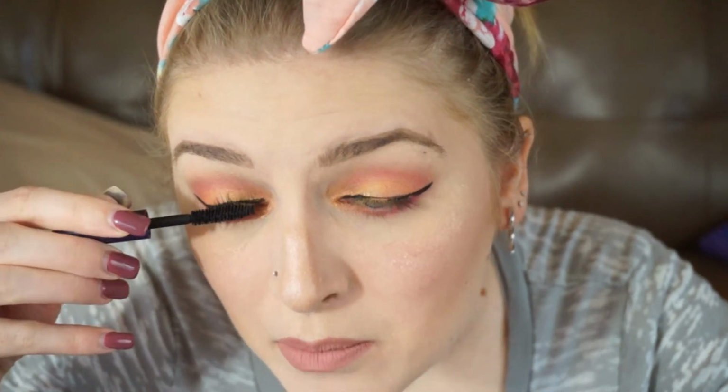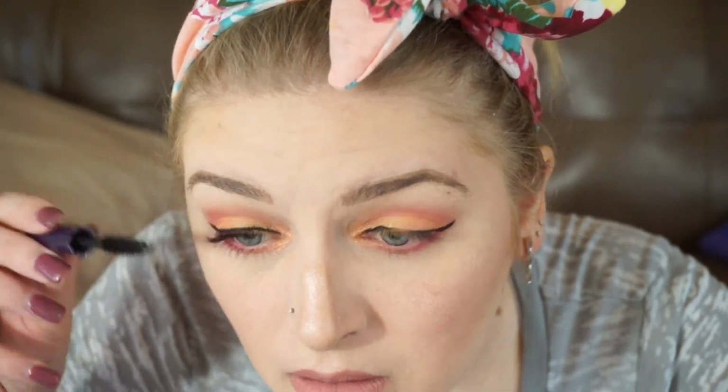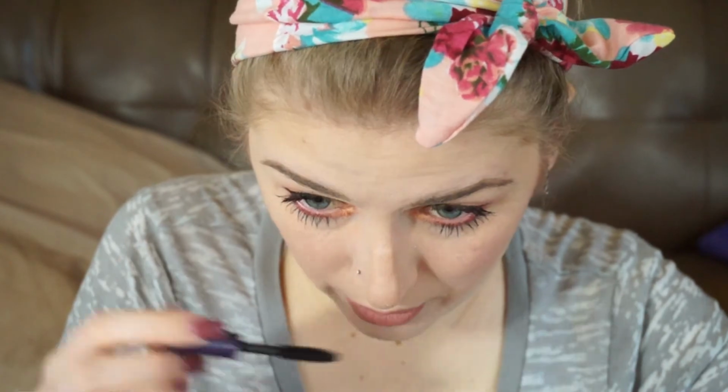So this is the Tarte Lights Camera Lashes mascara. I'm just putting on a little bit so that when I put on false eyelashes, this will blend in more. Oh, see, even just with mascara and eyeliner on, I feel like it already looks a lot more like I'm more comfortable with it. I also have a lot of bright colored dresses for summer, and so this will be a really great palette for